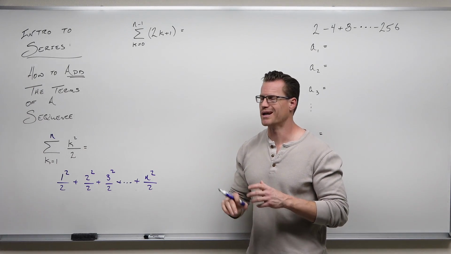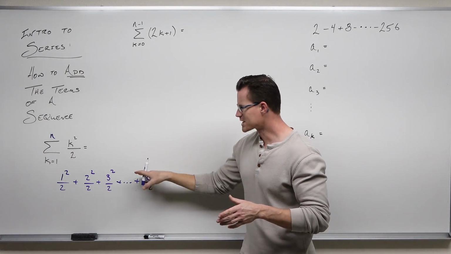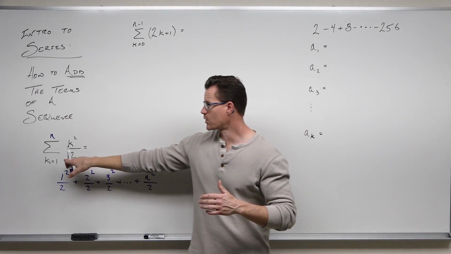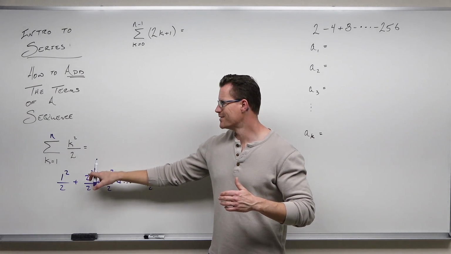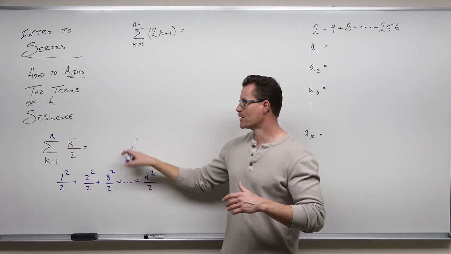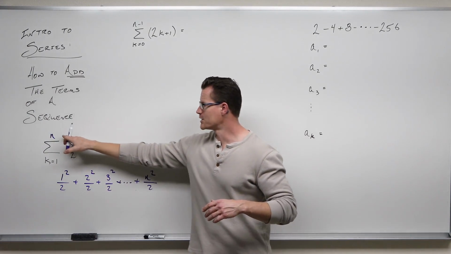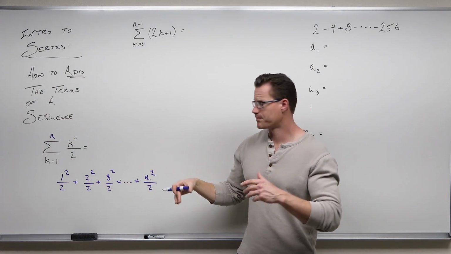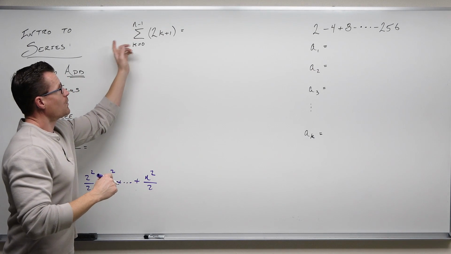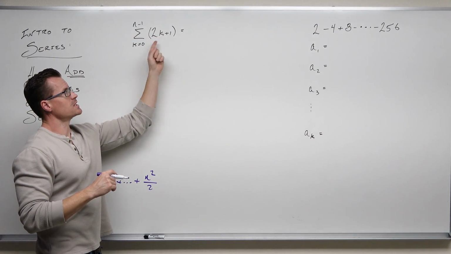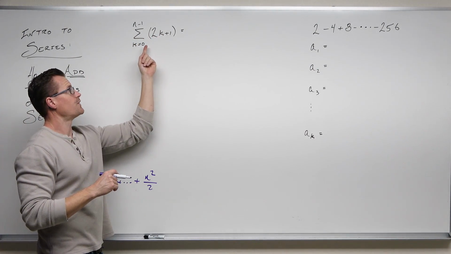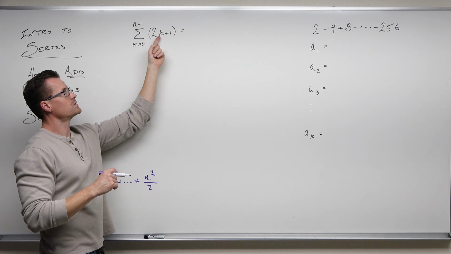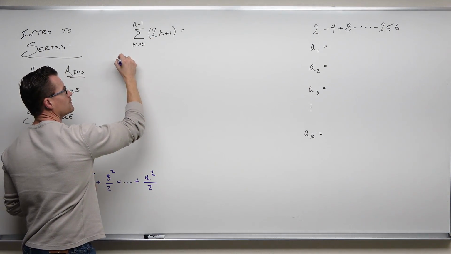How do I end at n minus 1? You just plug in n minus 1, just like we just plugged in n. You just start here, show a few terms, then go, yeah, some stuff happens, and we end here. How do we end there? I took n and I plugged it in and we got that term. We're going to do the same thing. So this says, I want you to start adding these terms of the sequence by starting at 0. So if I start at 0, I can do 2 times 0 plus 1.